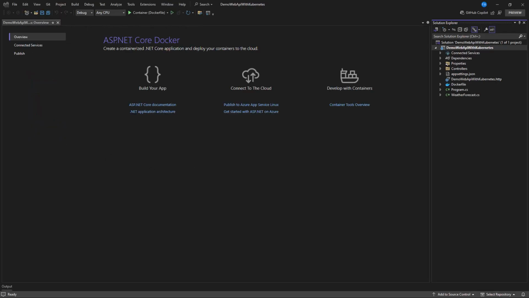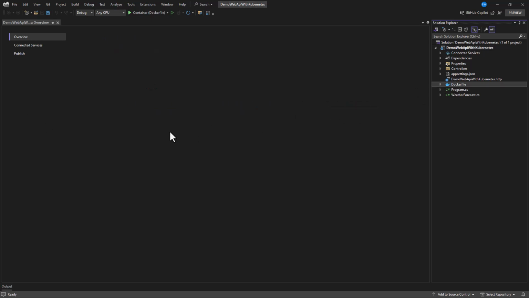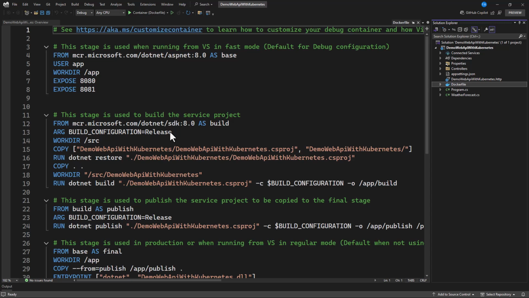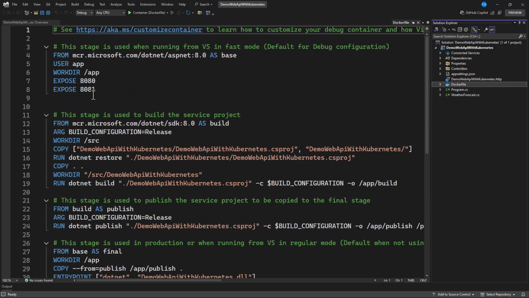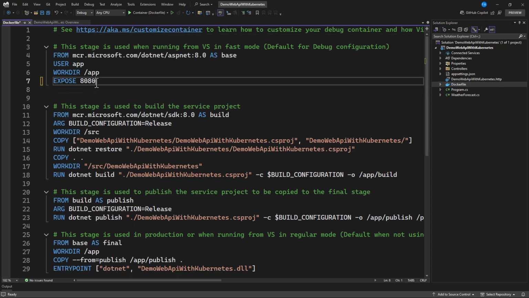Alright, so the application is ready, and as you can see from here, we have a Docker file which has all the necessary commands that we need to run this as a package, which is an image, to run in Docker. You see we have everything from here, and we are not going to touch it. We're going to leave it as it is. All that we're going to do here is remove one of these, and we want to expose only HTTP, so it can run on port 80. You can maintain 80 or 8080, either of them.